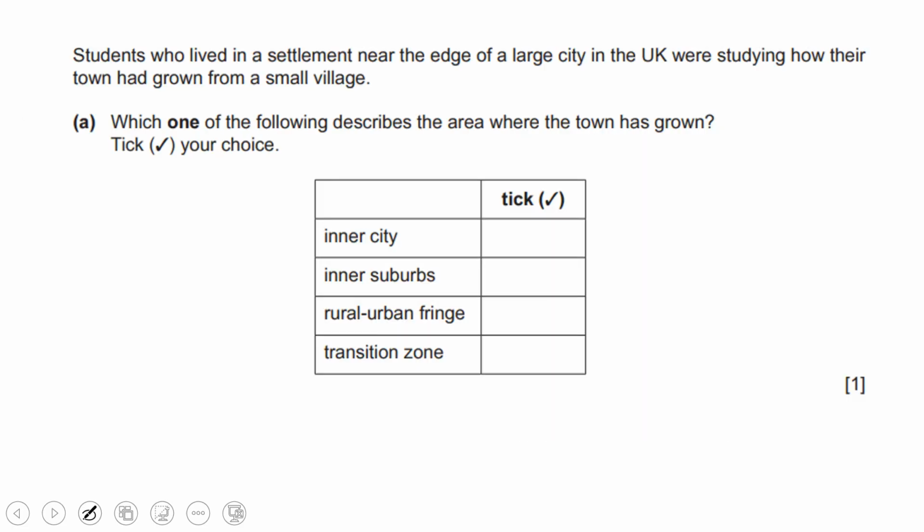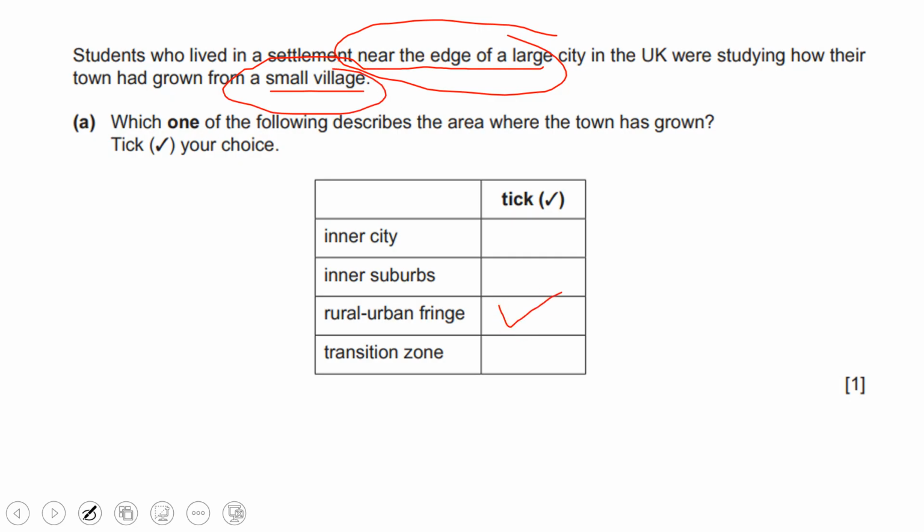Now, here the first question is: there's a student who lived in a settlement near the edge of a large city. So, one major thing you should look at here is near the edge of a large city. In the UK, we are studying how their town had grown from a small village. Now, which one of the following describe the areas where the town has grown? So you should tick one box. Usually, since it's near the edge of a large city, the small village